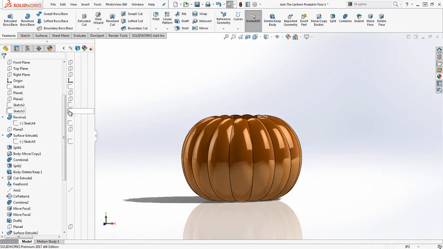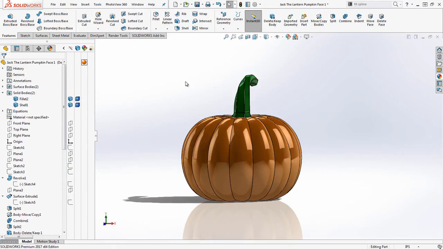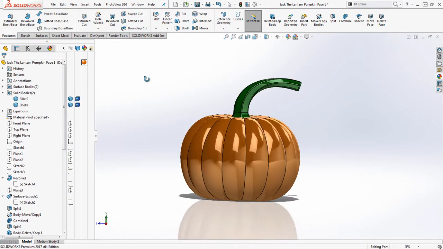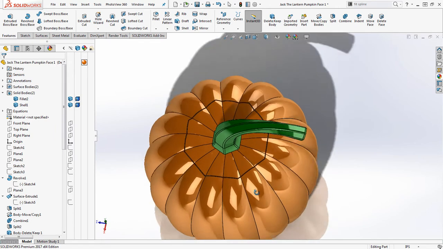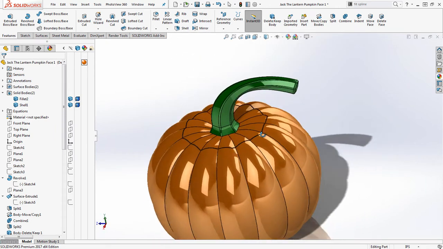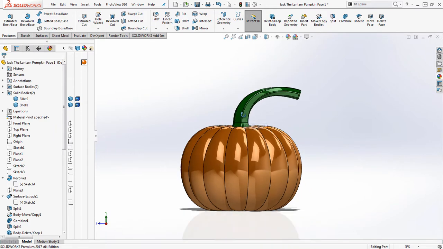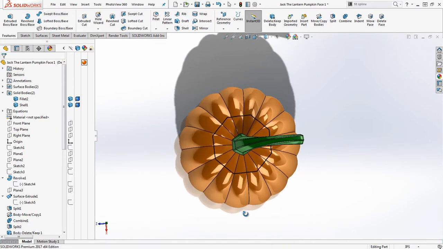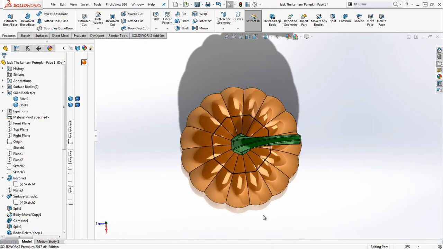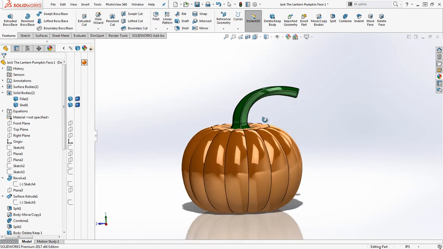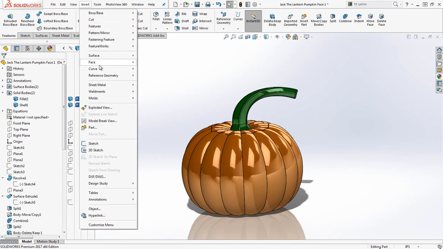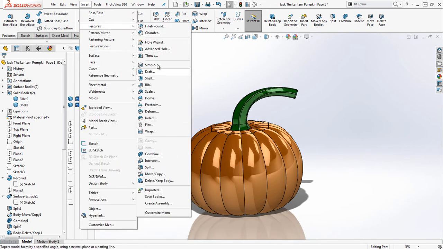But now that we have that shelled, we can go ahead and show the stem here. And then from here, in terms of geometry, we don't really have much else to do. We have the cutouts for the face. And one thing I did in the other part was actually use the scale tool on this. If you want this to be a little bit more non-uniform, you can scale this with different scales in different directions. What I mean by that is we can go into Insert, Features, choose Scale,